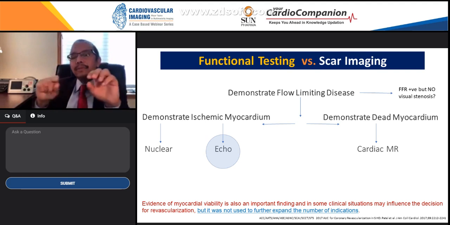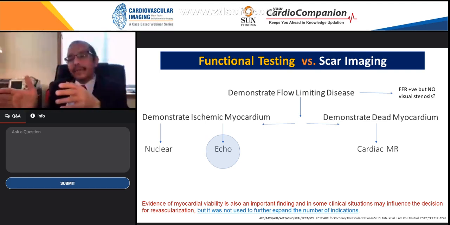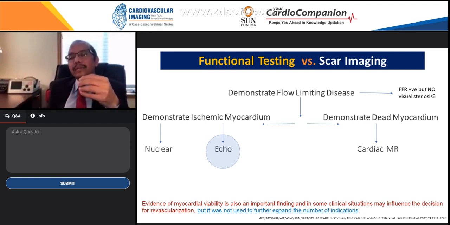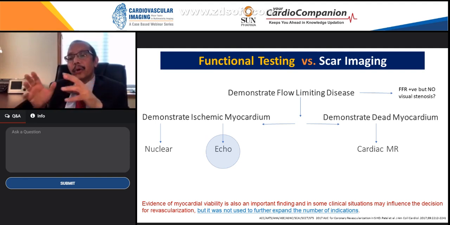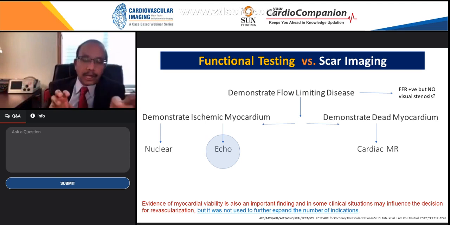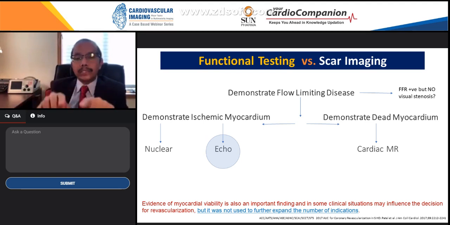And if you have diffuse disease and the FFR is affected by that, like one of the patients Ron showed, the question of whether you want to revascularize them, or if the grafts will remain alive if there's a significant amount of antegrade flow, is a problem that is becoming very common. So this area of FFR positive disease but not sufficient angiographic limitation is going to be a big challenge in future. Once you have decided he has flow-limiting disease, there are two branching points: demonstrate ischemic myocardium